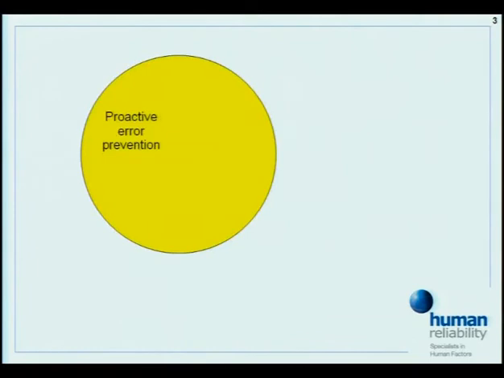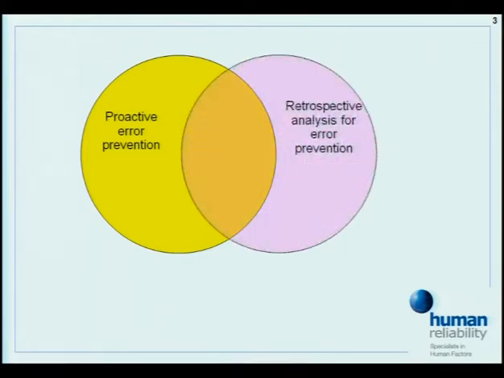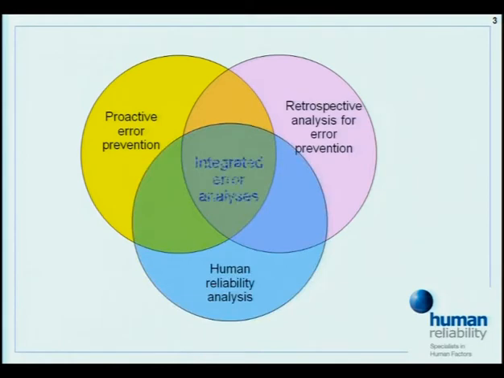So the name of the game is integration. It's very easy for us to focus on one particular aspect of human factors, which, for example, would be prediction, or maybe incident investigation, or maybe human reliability assessment. But how do we actually combine all of those things to produce an integrated approach? And actually, there's a lot of commonality between these different areas, because